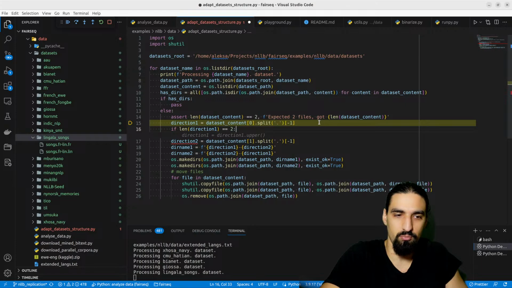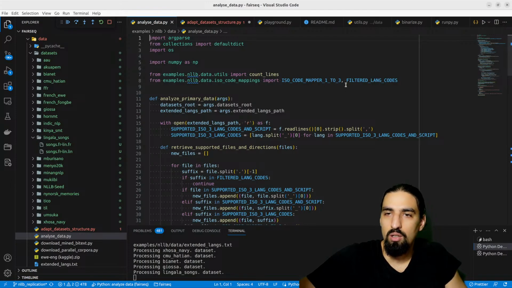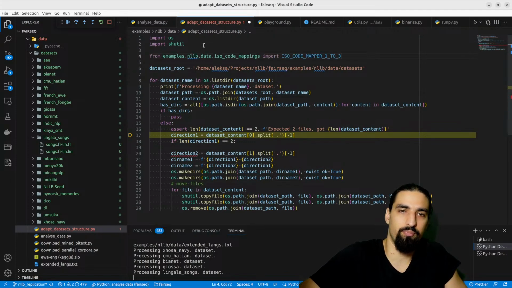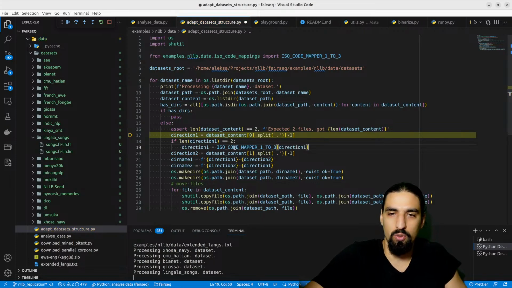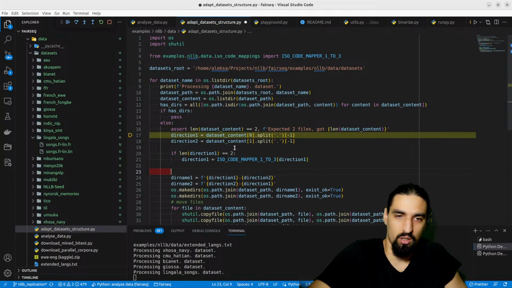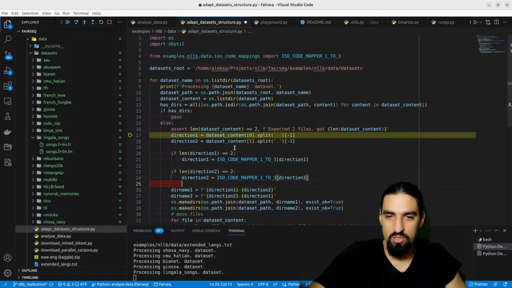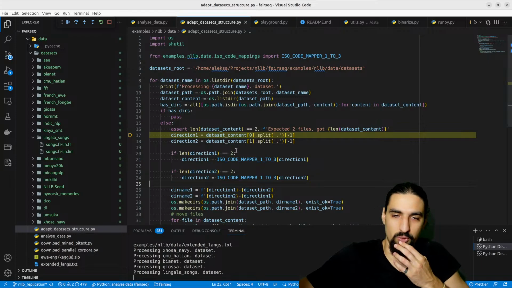So basically what we're going to do is grab this mapper, and we're going to map direction to ISO 639-3. Same thing goes for the second direction. So if we see that the length of direction 2 is 2, then we do this. So now we should be good. So now we're gonna translate French into